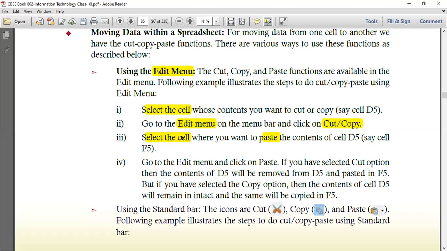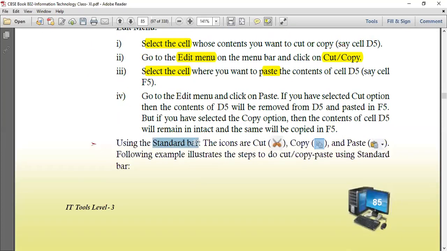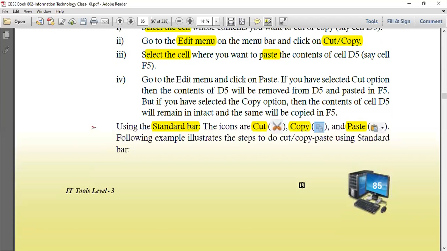So one way is doing the edit menu, another way is to go to the standard toolbar. वहाँ पे आपको ये तीनों options मिलेंगे, कट का भी, कॉपी का भी, पेस्ट का भी. तीनों के symbols are also visible. For cut there is a small scissors kind of symbol. कॉपी के लिए दो फाइल्स का एक symbol होता है. पेस्ट के लिए see this briefcase kind of thing. So these three symbols can be used for cut, copy and paste directly, right.